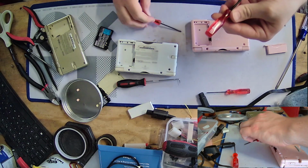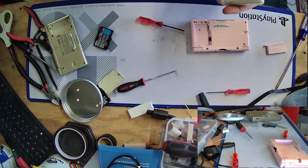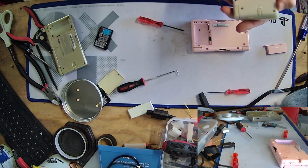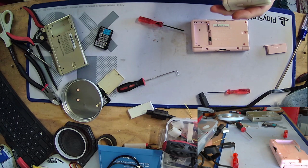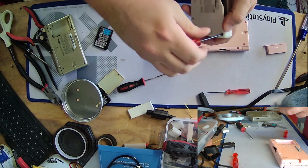But yeah, you know, I like pink electronics. What can I say? Is it so wrong for a guy to like pink electronics? Some people would say yes. I would call those people bigots. Anyways,